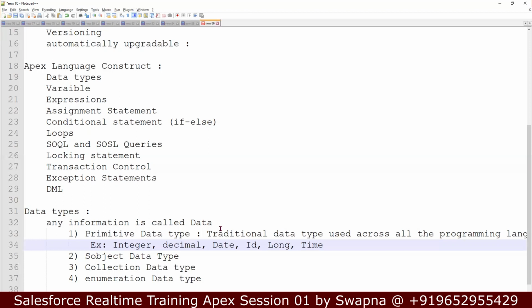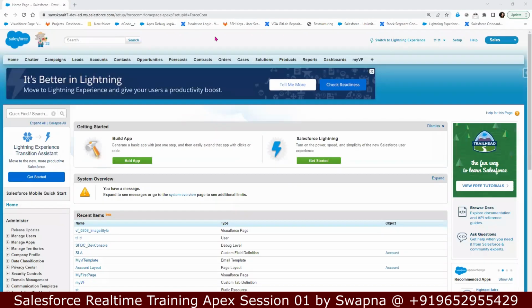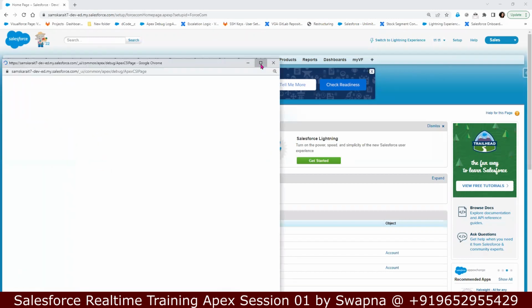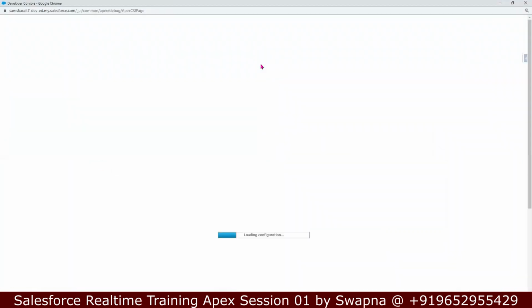Now, where to write this program? Now we understood primitive data type is one of the data types, right? Now we have understood what a primitive data type is. Now let's go ahead and see how to implement a primitive data type. Let's go to the Salesforce developer console. Okay. So in the developer console,